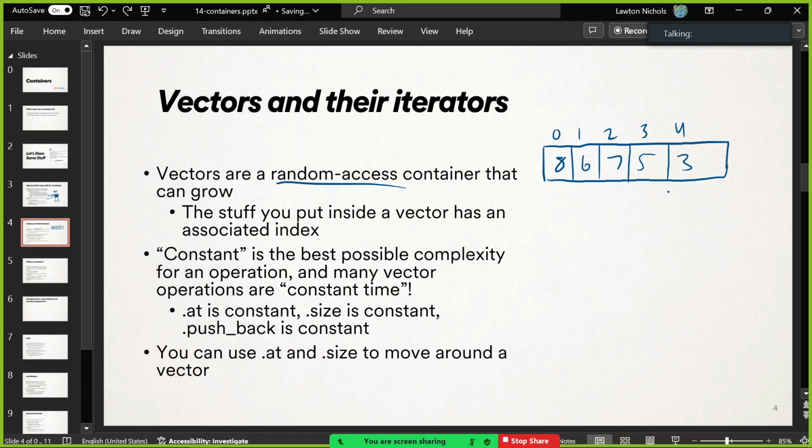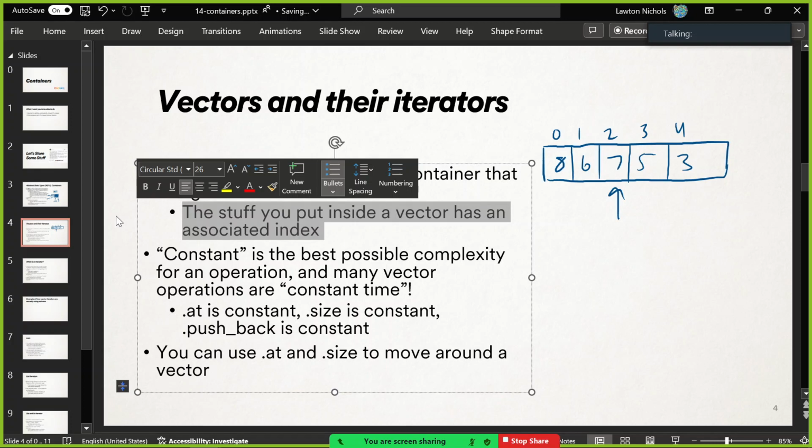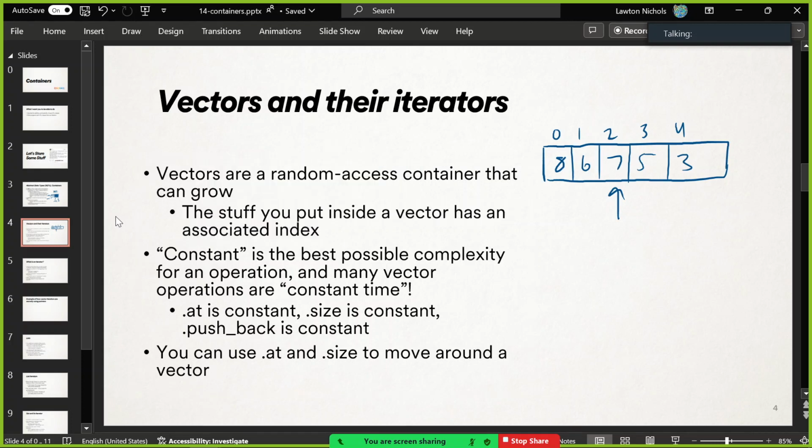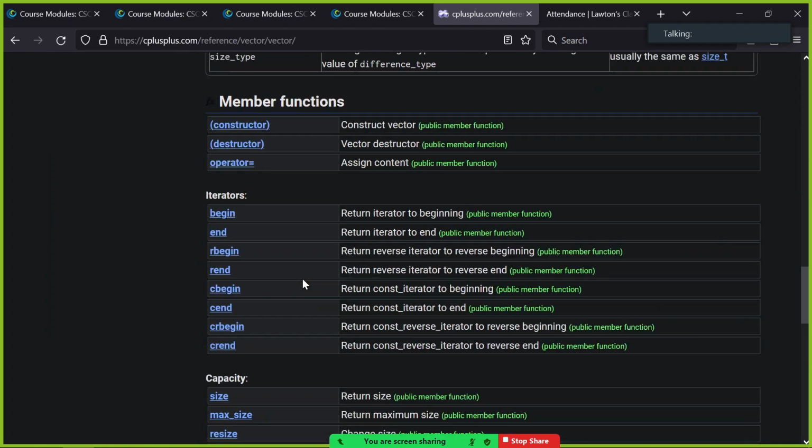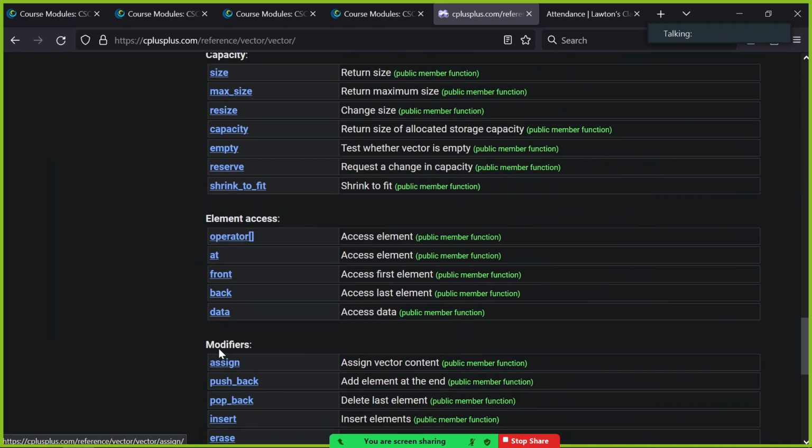It'll go there, do the .at. So I can go to index 2, do the .at. You can go somewhere in the middle. That means you have an index, so you can immediately get somewhere. Linked lists, remember, did not have that ability, right? You couldn't go through the middle. And to get to an index, this random access place, use the dot at,